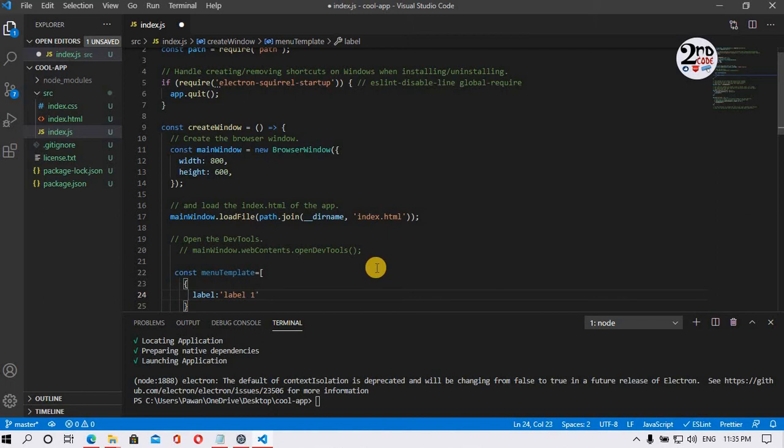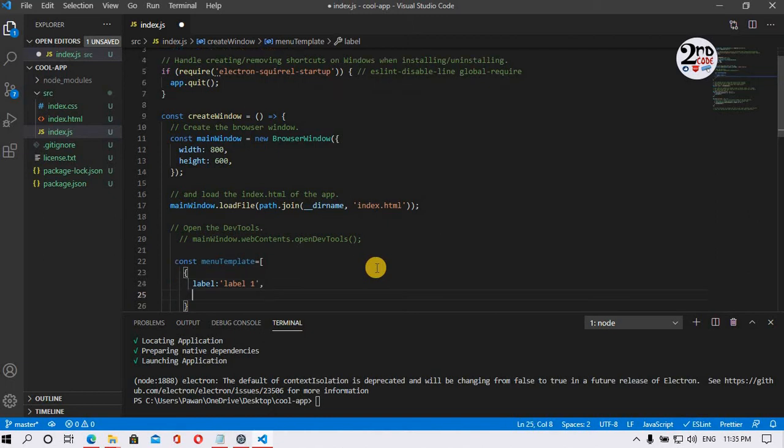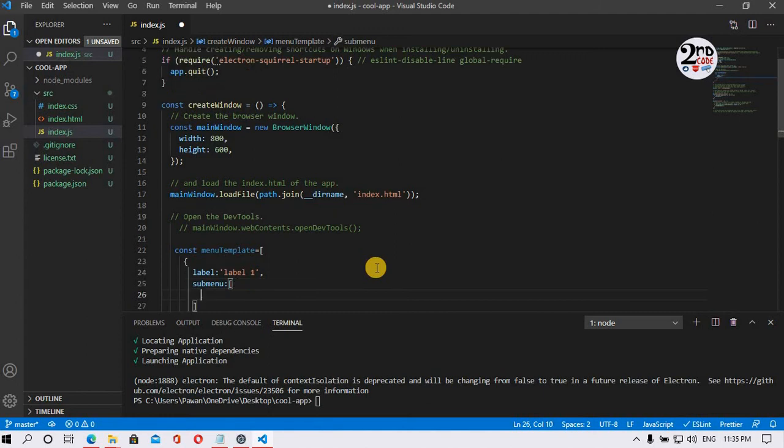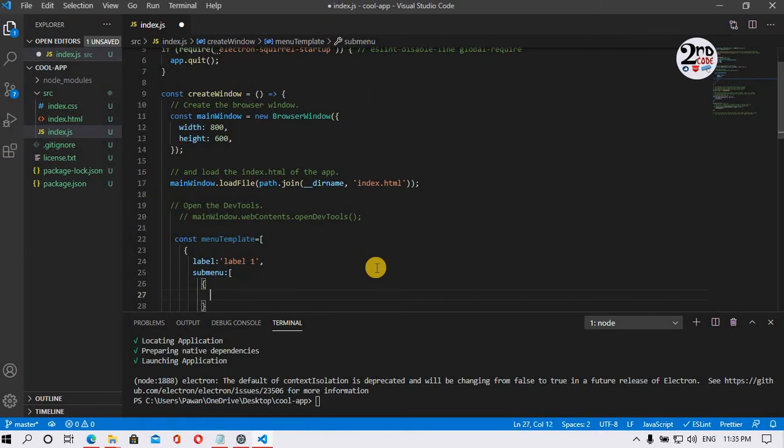After label we have to create a submenu below that. So right here, we have to define our submenu. To define the submenu, there are two methods. One is if you want to choose the predefined menus which are already defined, such as undo, redo, cut, select, copy, paste, and there are many more menus already present.